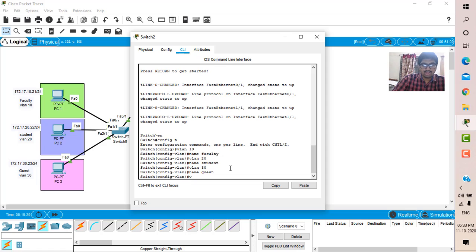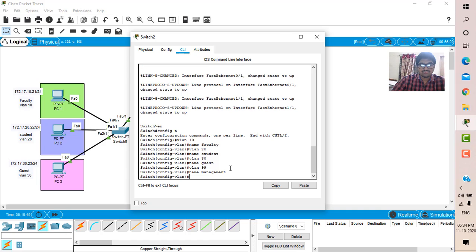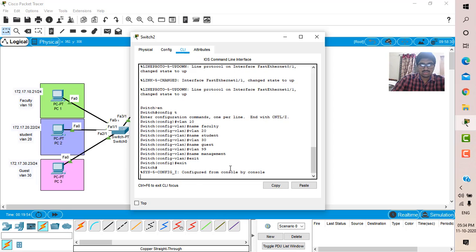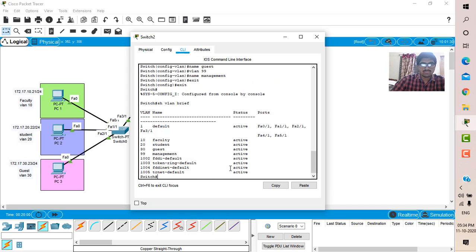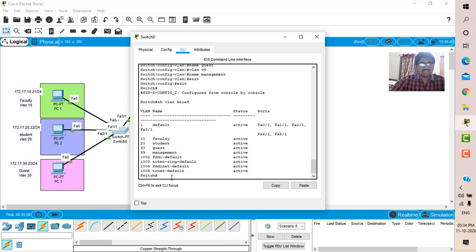Again VLAN 99, name is management. Now we will see whether these are connected or not. The command is sh vlan brief. This is also connected. Now we will do intra VLAN, connecting the interfaces. That is, FA0/1